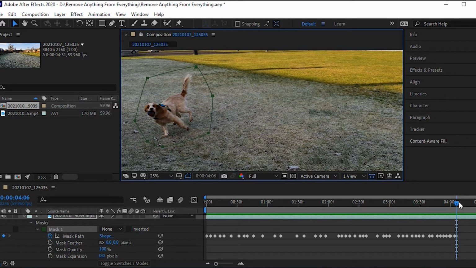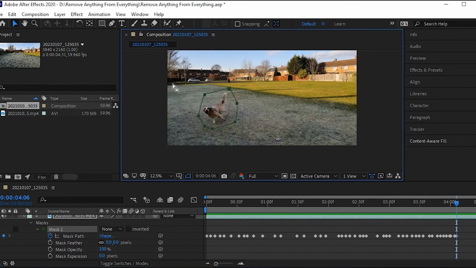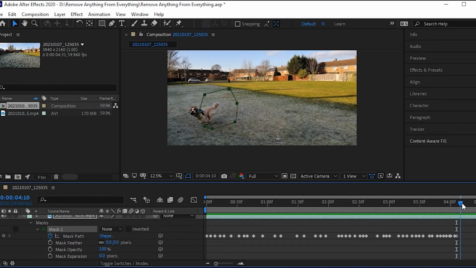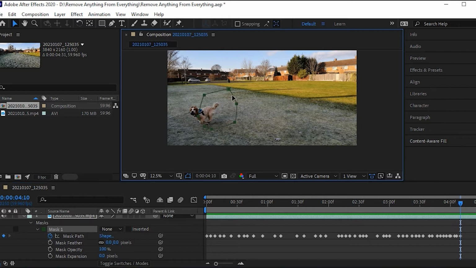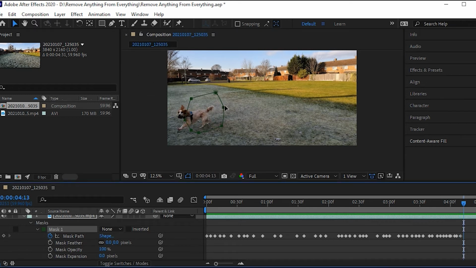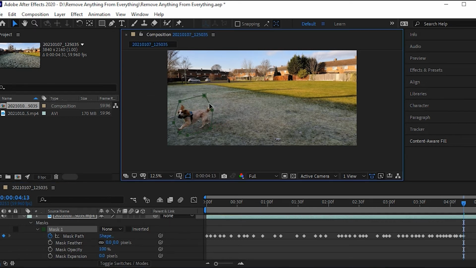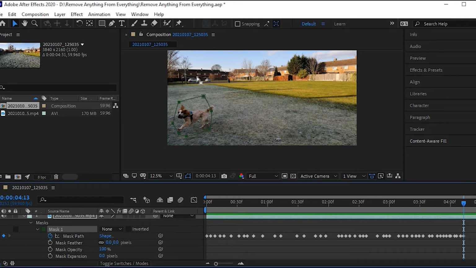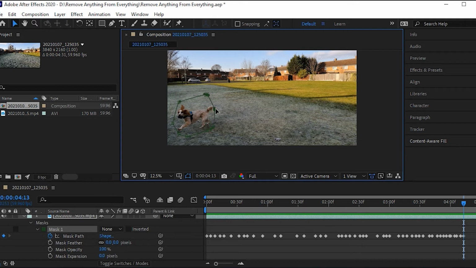So I'm going to bring this down to 12% here, just so that I can see it, because this screen that we're on at the moment is quite small, so it's a struggle to see where things are. But what we're doing now is we're just making sure we keep her inside, as we said, and let's just select this whole bit here and extend this out to about there. Okay, and we're gonna